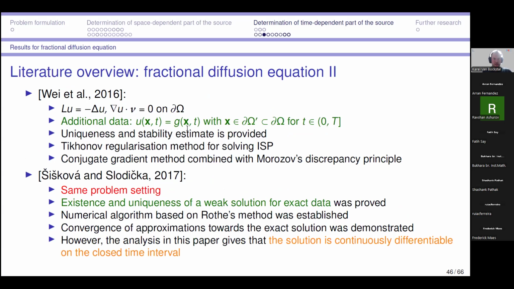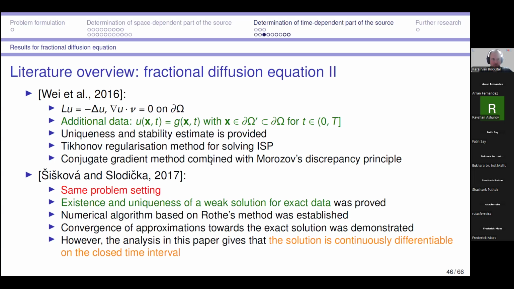Then boundary measurement was considered by Wei and co-authors in 2016, also with the Tikhonov regularization method to solve the inverse problem. And then the same problem setting, exactly the same problem setting, was studied by Siskova and Slodicka. They showed the existence and uniqueness of the solution by Rothe's method, and it is this approach I also followed in our work. But they made some compatibility conditions on the data,